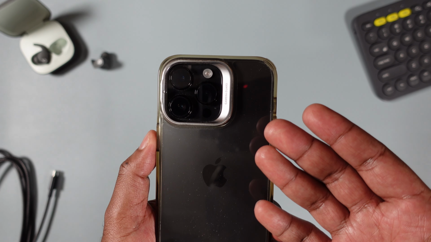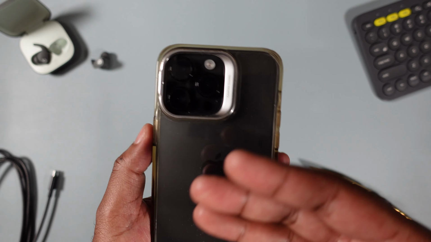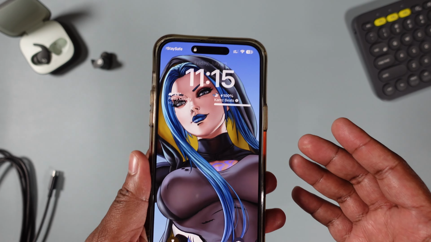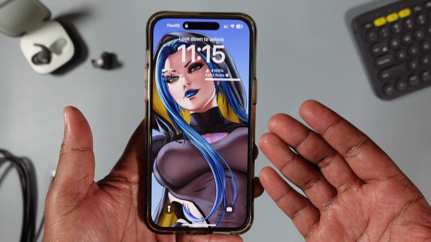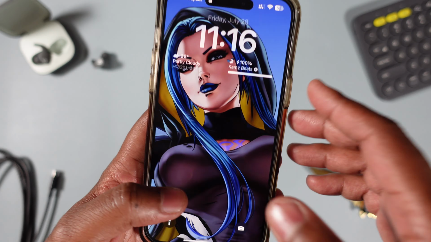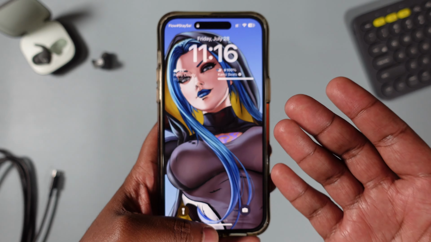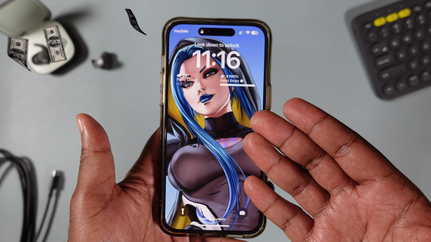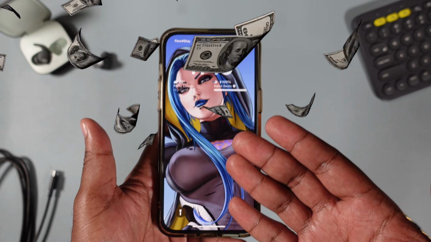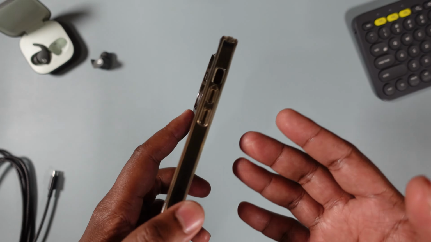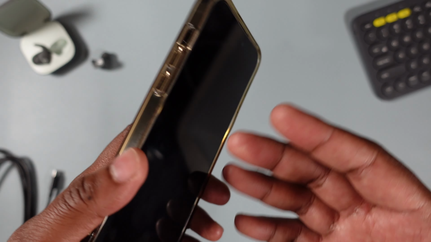Now, this is not really known by the average user, and most just straight up don't care. But there is definitely an advantage to having a larger sensor on your camera. The larger the sensor, the more light and the more detail for your images. However, just like money, the more of it you have, the more problems you have to solve. So, same with the 48 megapixel camera. The more detail in your images, the larger the file size, the less storage you have on your phone and